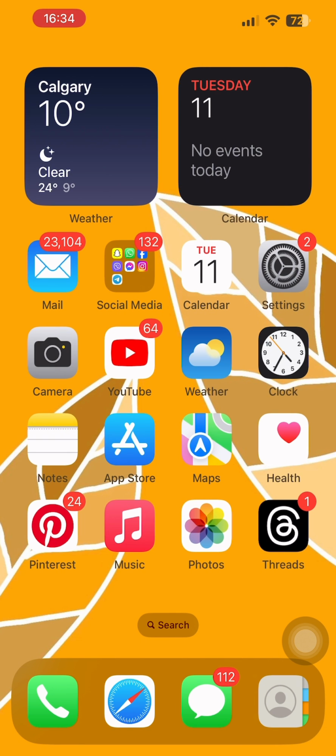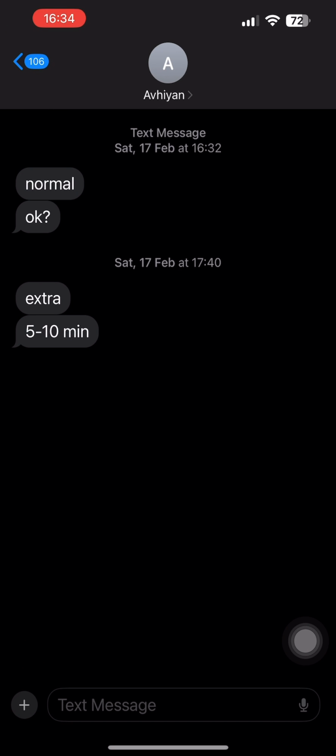So for instance, let me open the Messages app on iPhone, and over here, as you can see, this is the color of my messages on my iPhone currently, which is in a dark shade. So if you wish to change the color of your conversation from dark to light or light to dark following